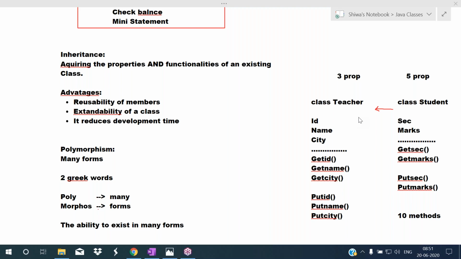See, in the C language structures, you are placing the members in the structure. That is what encapsulation is. I already told you, enclosing something in one particular container. In the C language structures, you are placing the members in one particular container. That container you are calling a structure. So C language has encapsulation, and it is providing ready-made methods to us. That is what abstraction is. And we are defining our own functions.